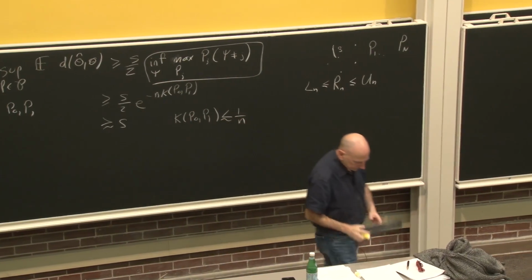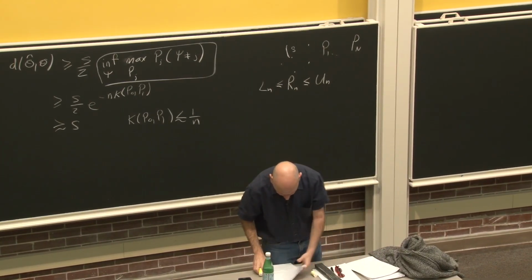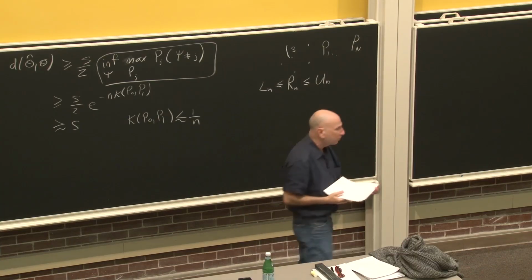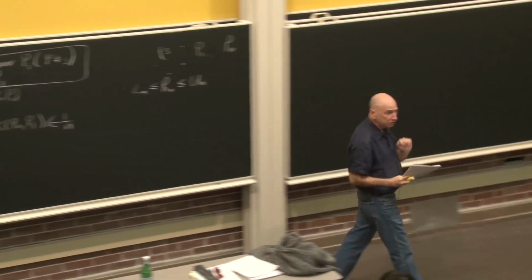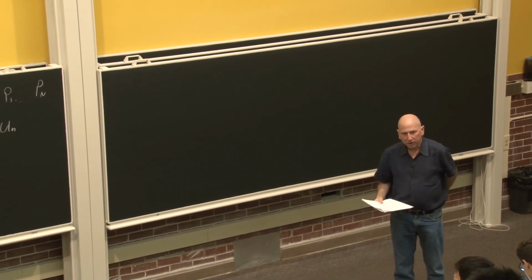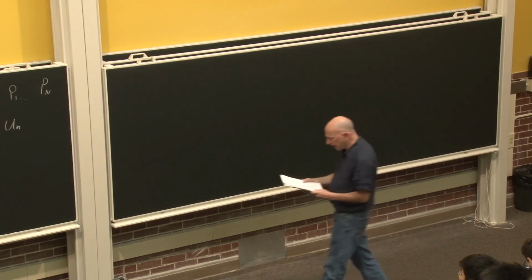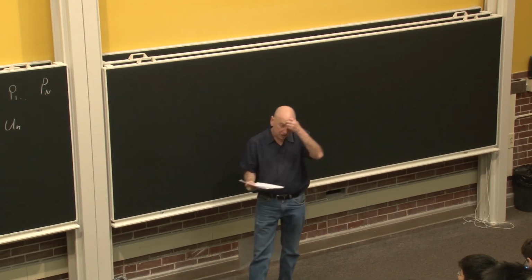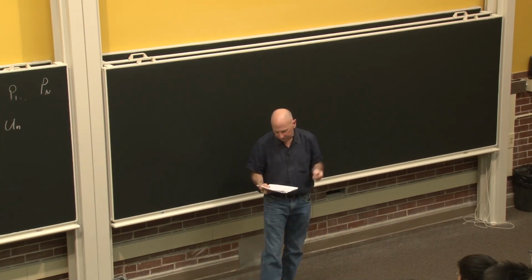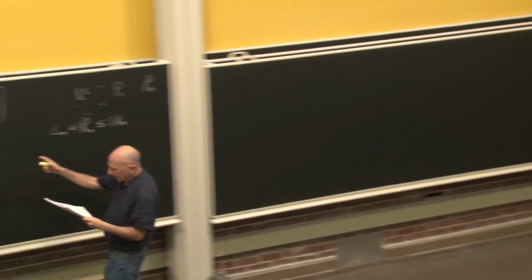And there are several ways to do it. I want to mention two. I won't go through the proofs because they're more elaborate versions of the proof for two cases, but I want to say what the results are and how you use them. One of them is older and one of them is newer, and they're very similar. The first one is called Fano's method. It actually comes from a theorem in information theory called Fano's lemma, which says that,